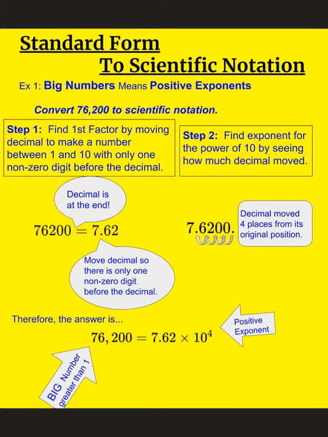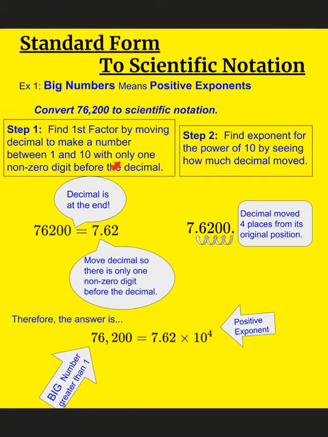Okay, so for these notes, we're going to actually be converting from standard form to scientific notation. Remember, when you have big numbers, that means you're going to have a positive exponent. So we have to convert 76,200 to scientific notation. Your first step, find the first factor by moving the decimal to make a number between